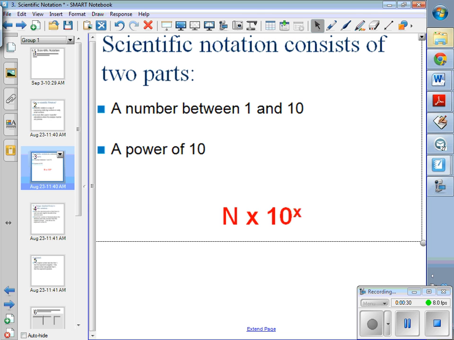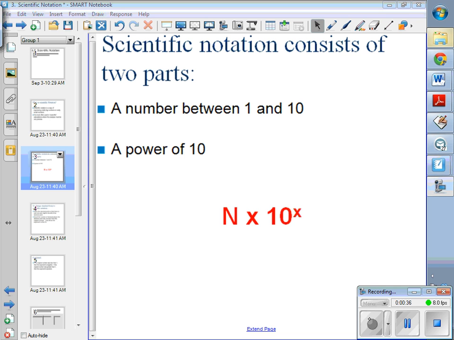Scientific notation consists of two parts. It's a number between 1 and 10, and it's a power of 10. So our example here is n times 10 to the power of